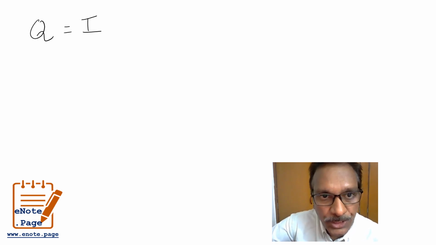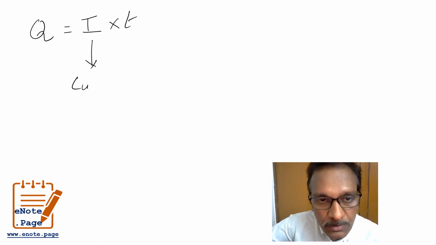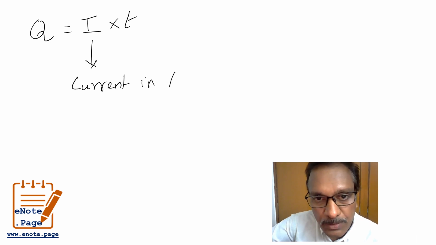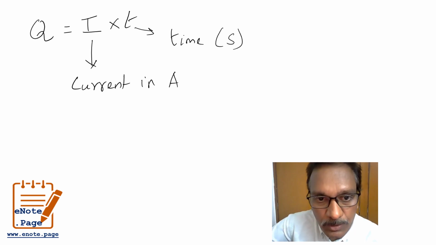This problem is a very simple problem. You are asked to calculate the charge Q, and Q is expressed as I into T, where I is the current in amperes. Current is given in ampere, whereas the value of T is the time duration in seconds. The data given, so now the value of Q, the value of I is given, which is